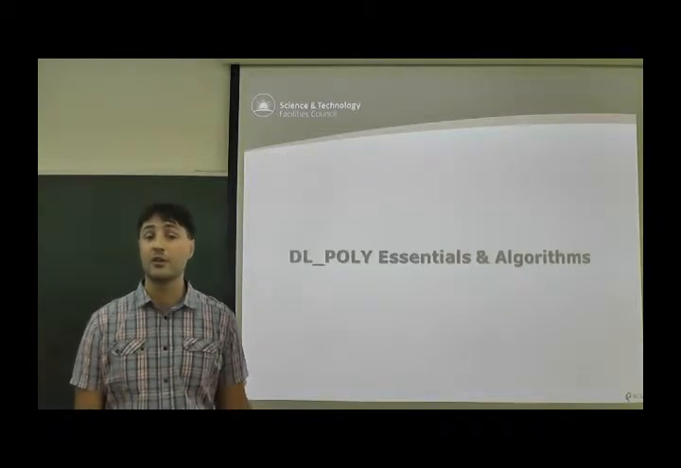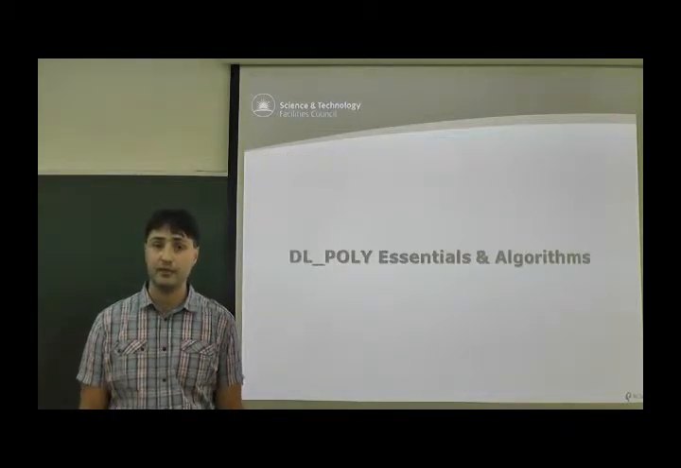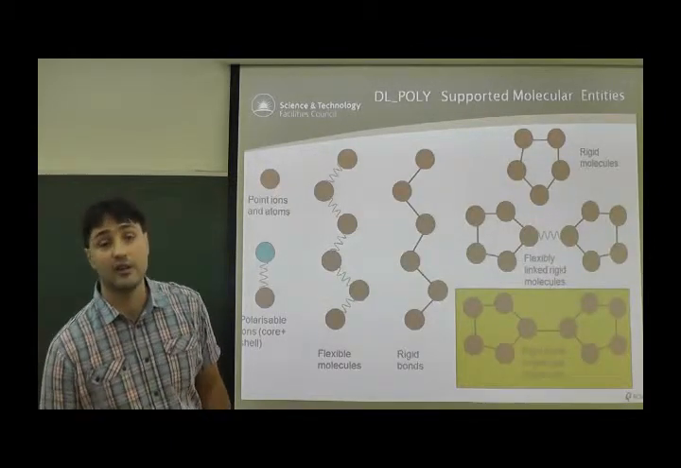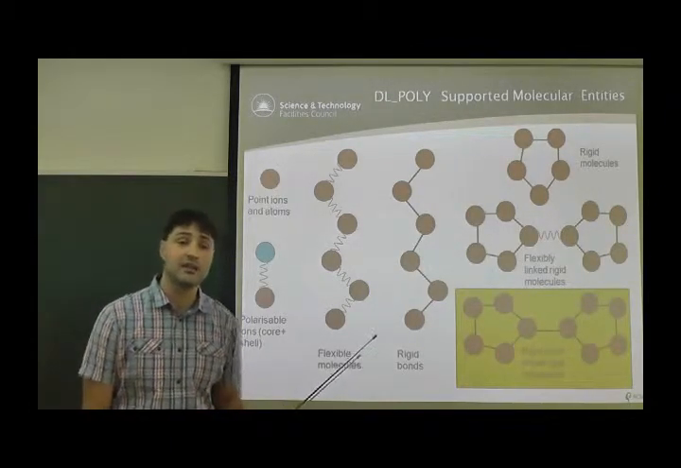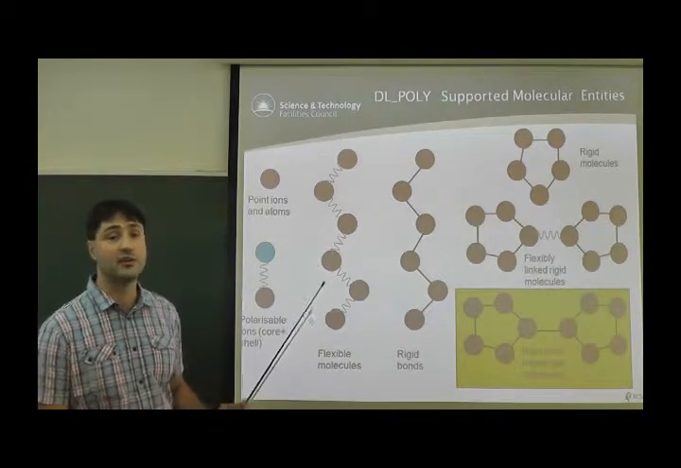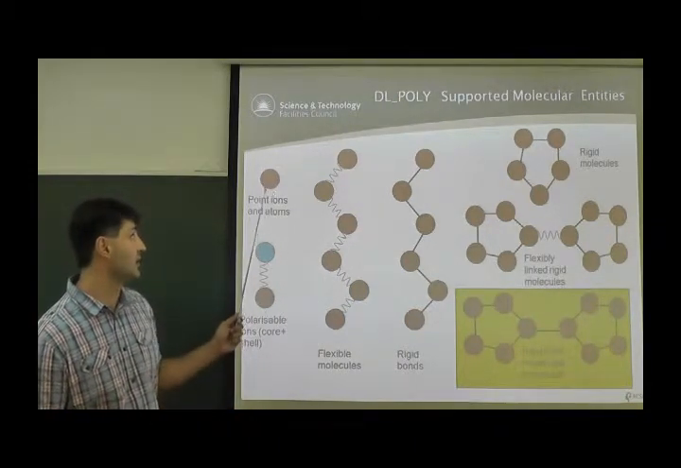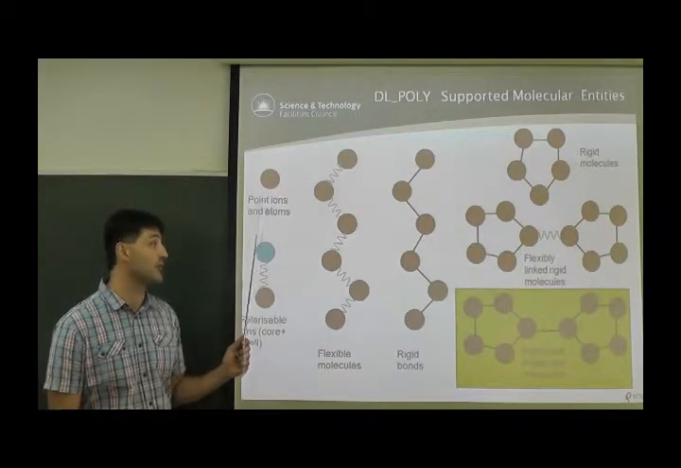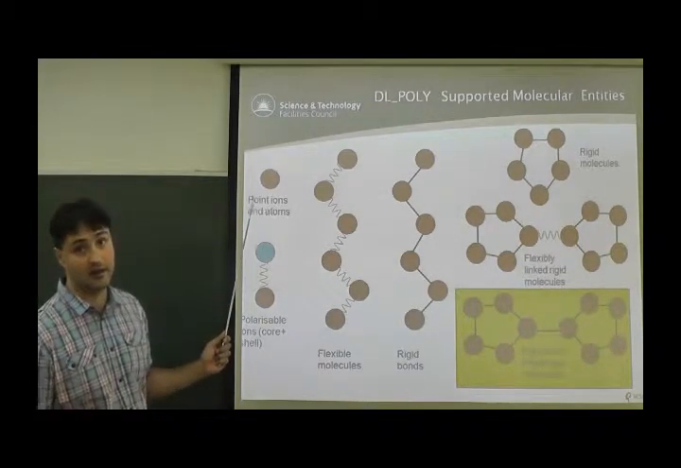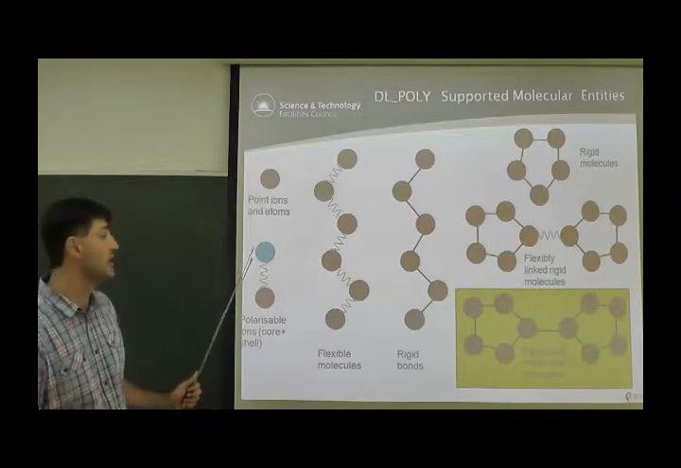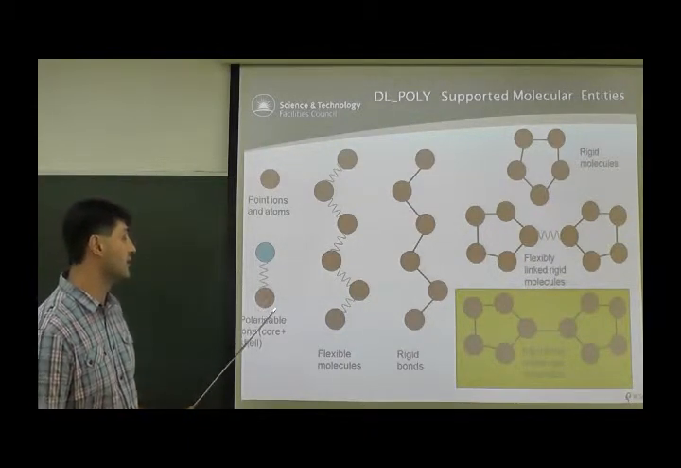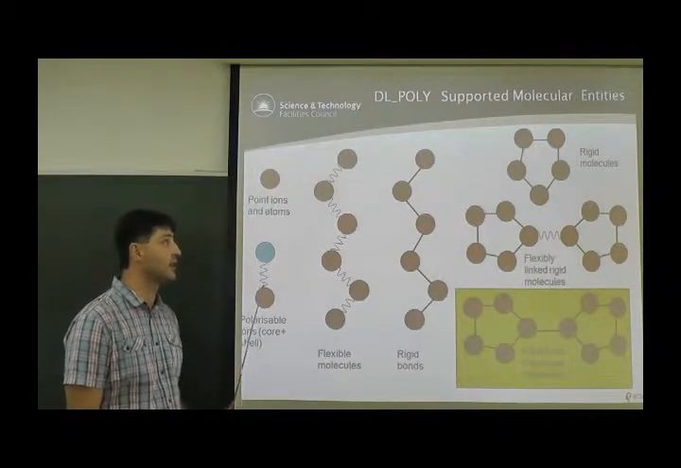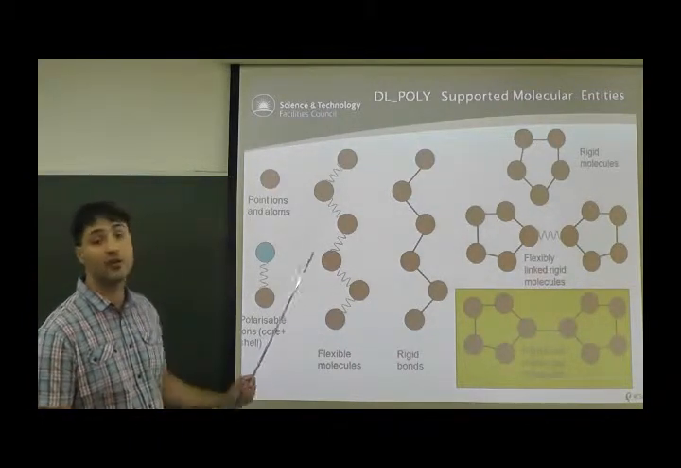So let's look at what the essentials of DL_POLY and its algorithms are like. DL_POLY, as presented on this slide, can simulate any mixture of the entities presented here. So we can simulate point atoms or ions, so the particles can bear a charge. We can include polarizability if we have two particles that behave like a core and shell, we can have flexible molecules